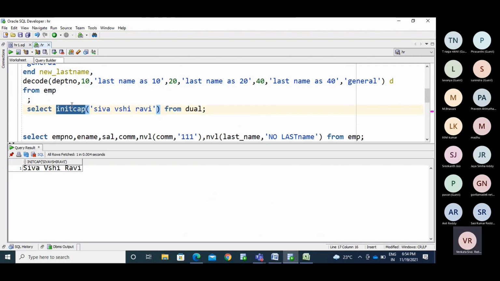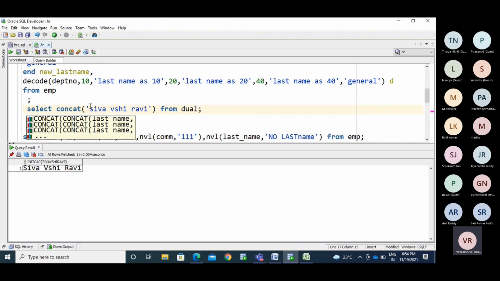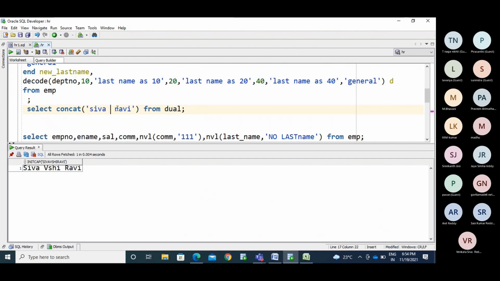We have a function, CONCAT of Siva, Ravi. So Siva and Ravi from Kadapa. I need to display the string like this: Siva and Ravi are from Kadapa.